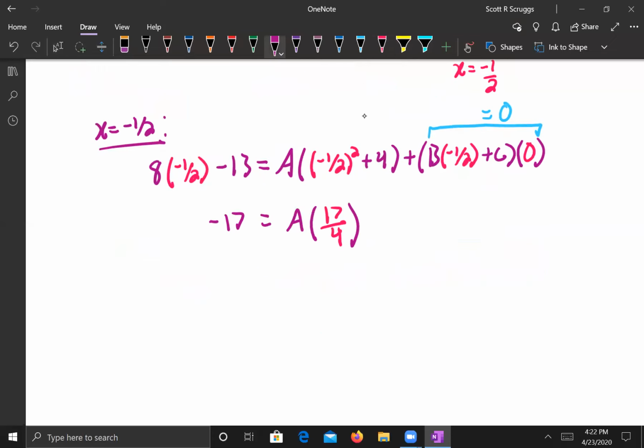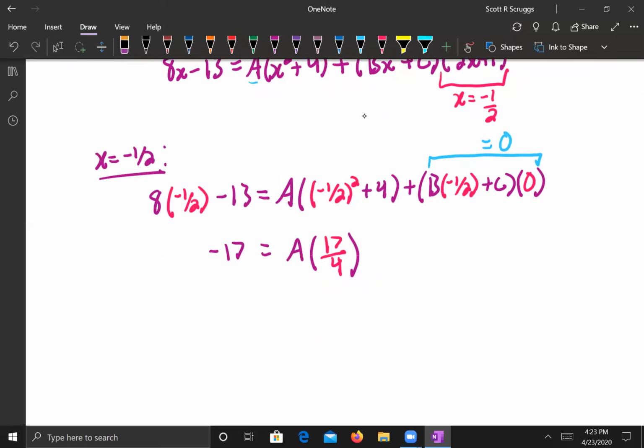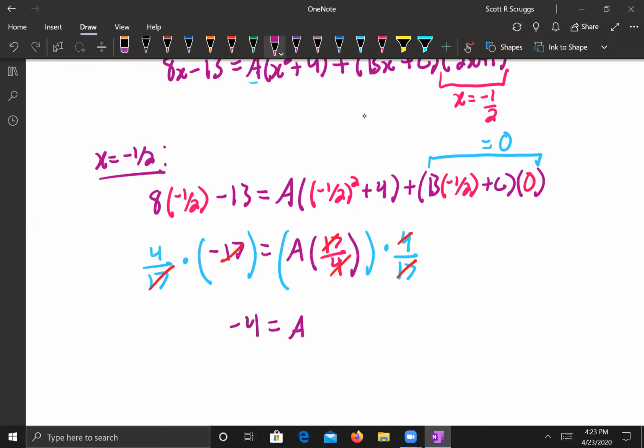And now when I solve, I'm just going to multiply both sides of that equation by 4/17 to cancel out. So the 17's cancel out, and I get the conclusion that -4 is equal to a,